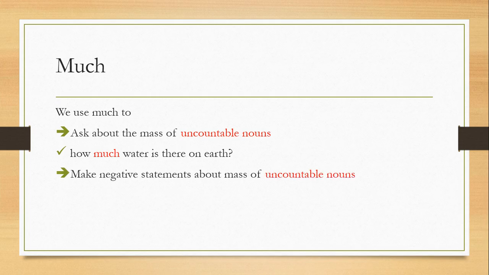Again, we use much to make negative statements about the mass of uncountable nouns. For example, there isn't much time left if we want to catch the bus. And again, much is used with positive sentences with countable nouns. Okay, so we continue with